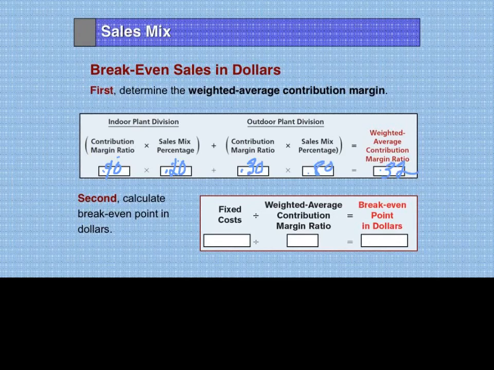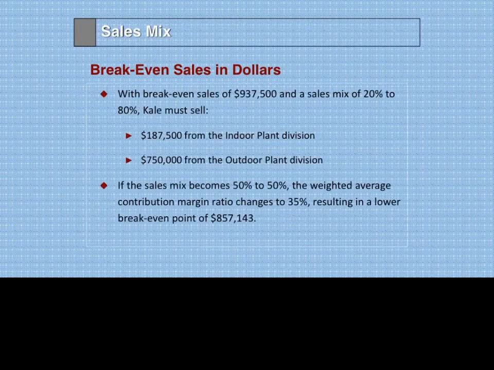Therefore, to get the break-even sales, we simply divide the fixed cost, 300,000, by the contribution margin ratio of 32%, and I get total sales of 937,500. Keep in mind, 20% is indoor and 80% is outdoor, so I convert it back. 20% of this would be indoor plants at 187,500, and 80%